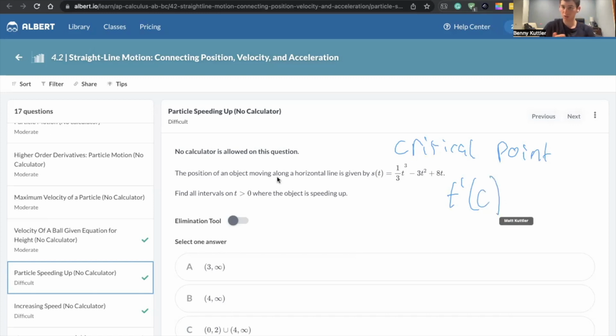So c is just a replacement for any number. We could choose any point. We're just looking for a place where the derivative at that point is either equal to 0,